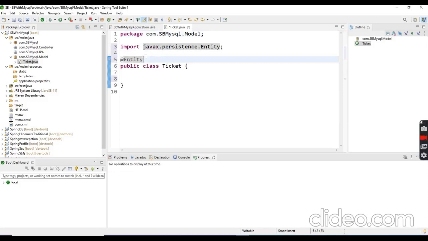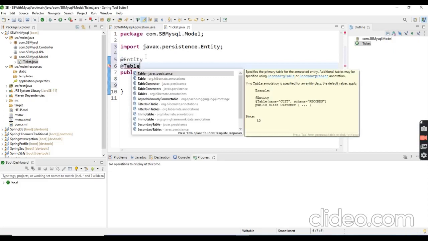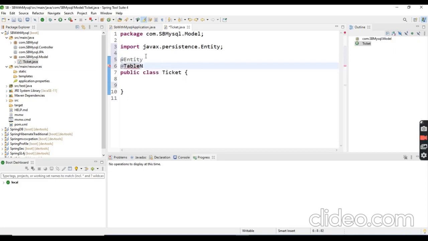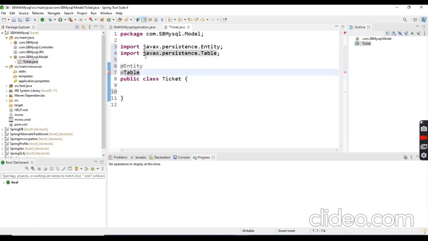Then I am going to annotate this Ticket class with the table name. This table name is going to be created in the database. With the Table annotation, I am just giving the name as a string.